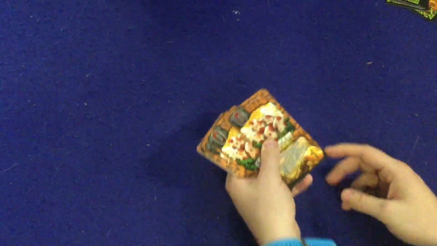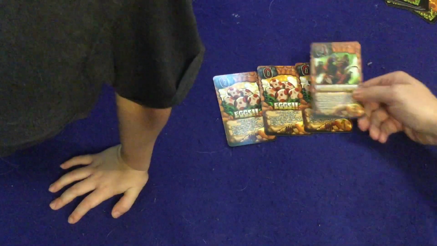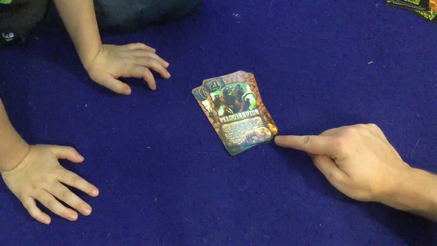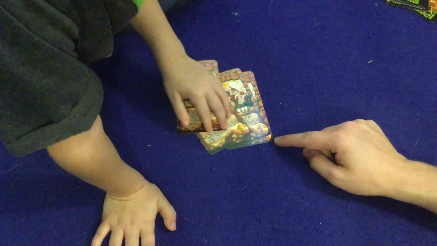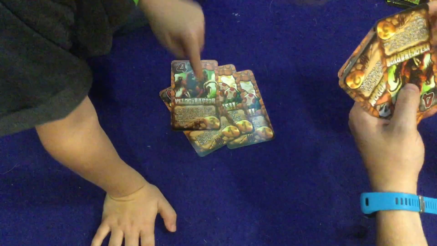All right, so Sean, you have 1 point for each egg. So 1, 2, 3. You want to do the counting? 1, 2, 3. 1, 2, 3, 4, 5, 6,